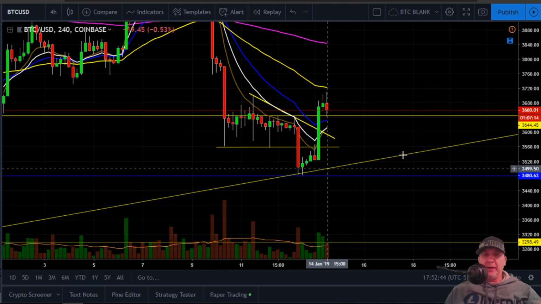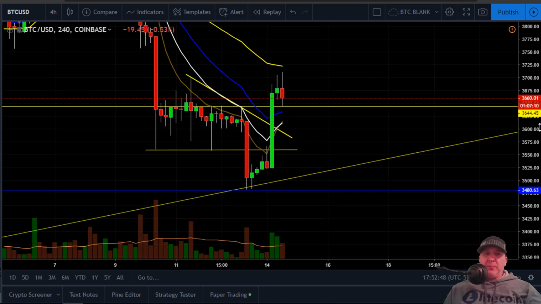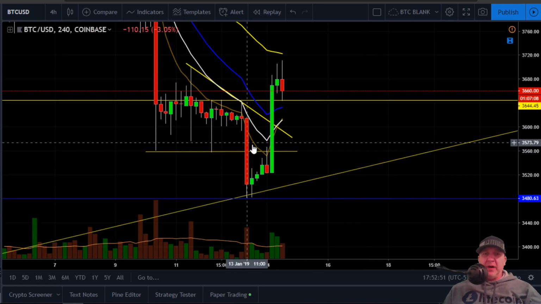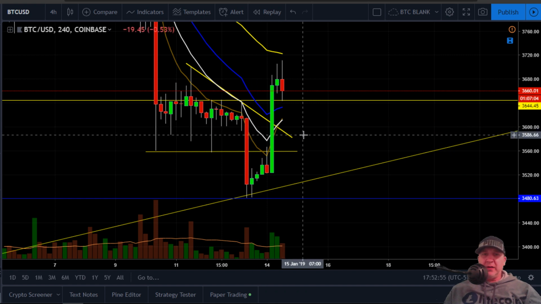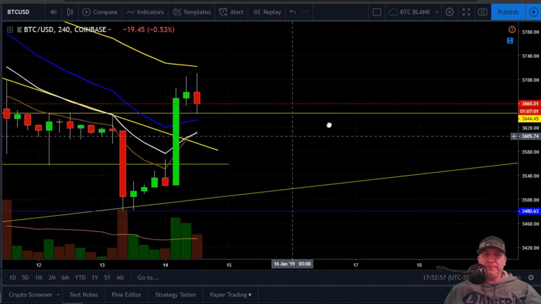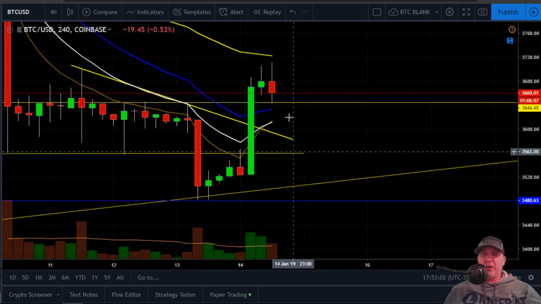On how I come up with my ideas. But anyways, this is still looking pretty bullish to me. As you can see, my 8 and my 13 EMAs are crossed right here. If I zoom in a little bit, you can see it. That's kind of bullish for me, although they could turn and come back down.